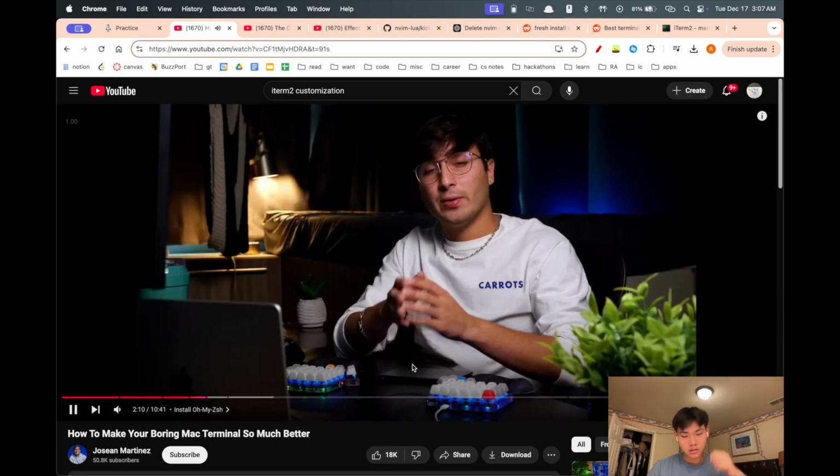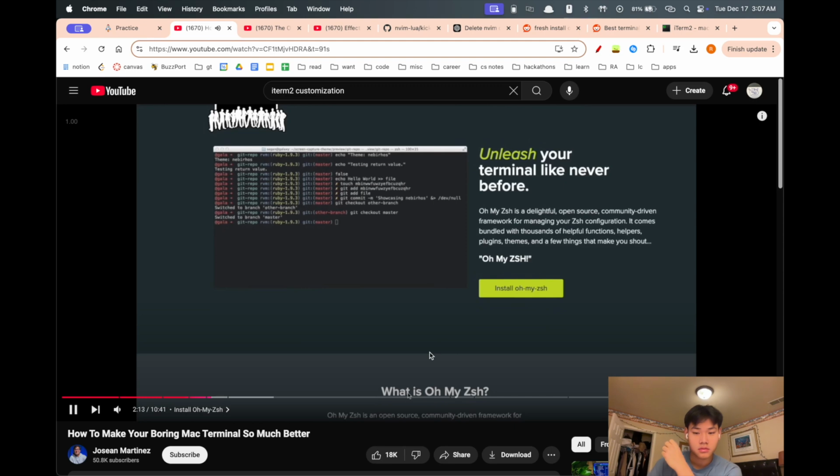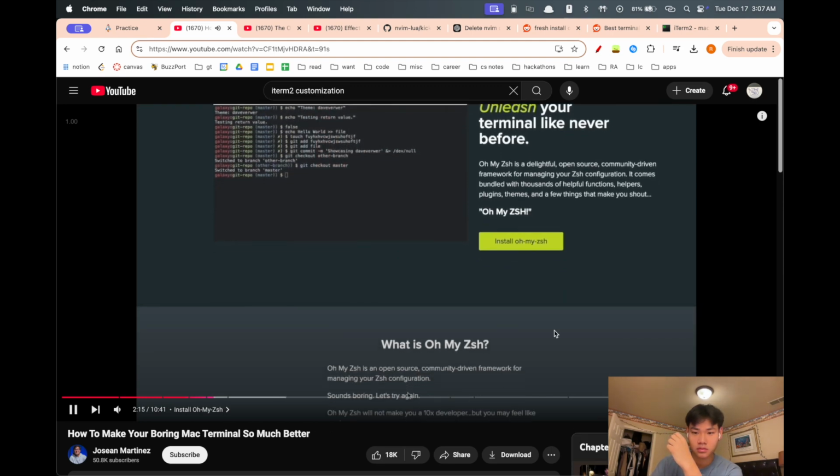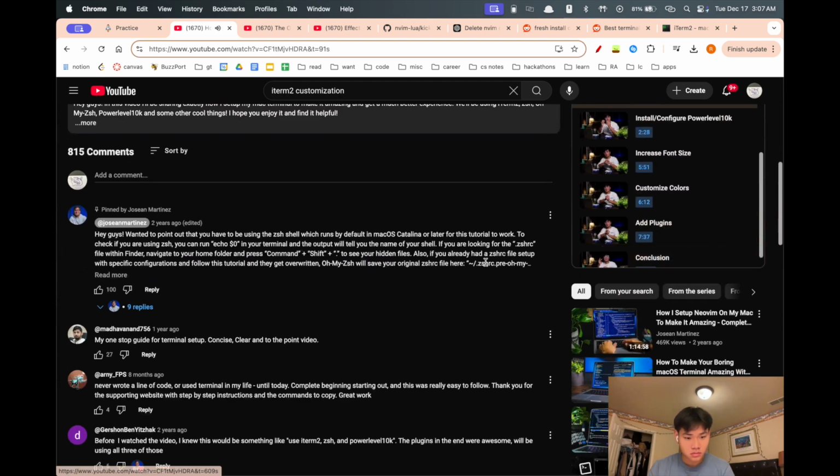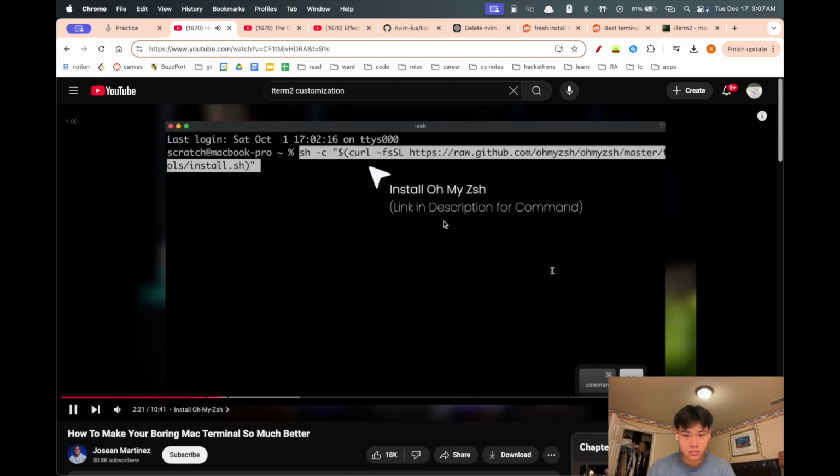After that's done, we're now going to install Oh My Zsh, which we're going to use to configure the terminal, make it look nice, and also add some plugins. To install it, we're going to run the following command. Remember that you can find